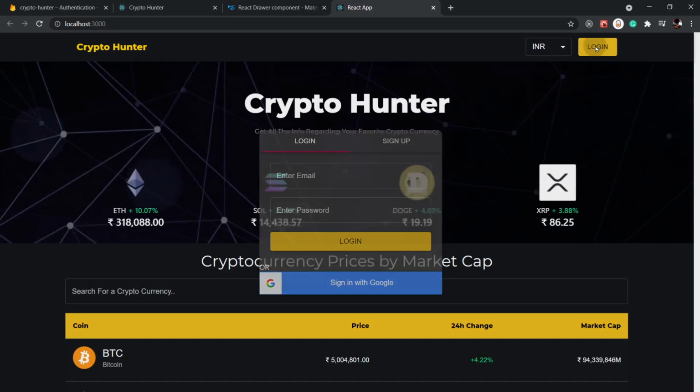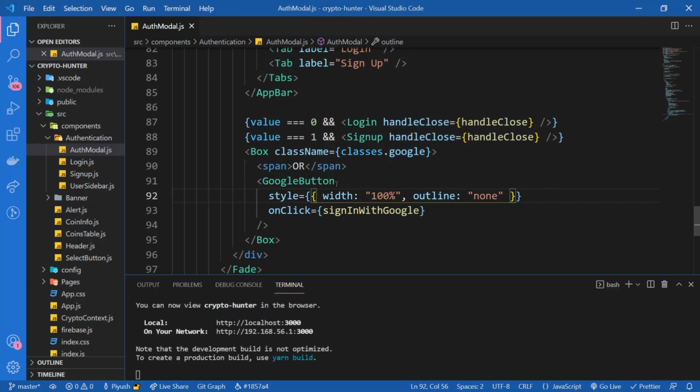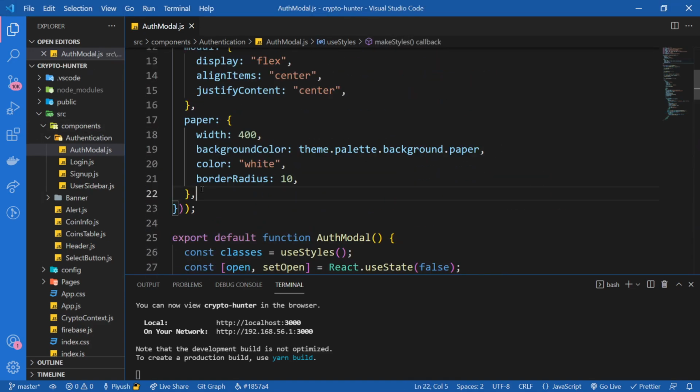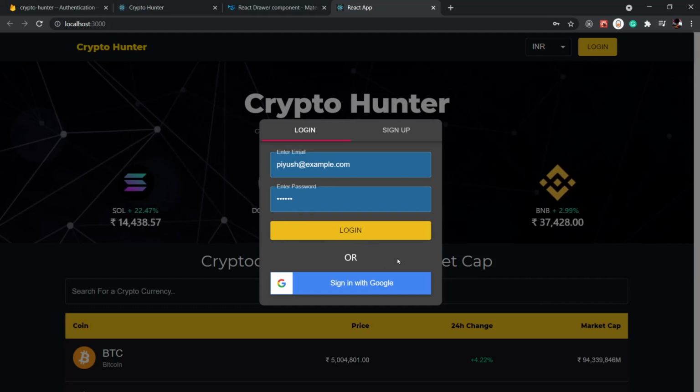Now if you click on login, yep, you see sign in with Google, but it's getting out of this div right here. So I'm gonna add a few styles to classes.google. If we go up right over here, below this, I'm gonna add styles for Google. So padding is gonna be 24, padding top, some display flex direction column, and some gap in between those. So let's check it out. Yep, it looks beautiful. Now it's not gonna work obviously right now,